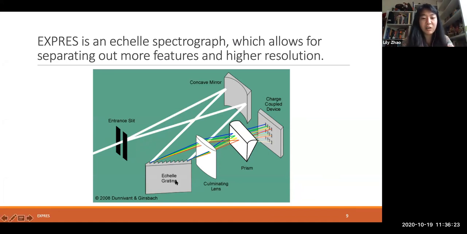And then it hits an echelle grating where it gets separated into the different wavelengths of light. A collimating lens after that lines up all the wavelengths of light along with each other, and then it goes through a huge prism, which then separates the light not only in the X or wavelength direction, but in what we call the cross dispersion direction. So that separates the light in both X and Y.